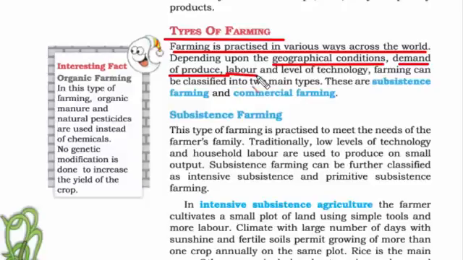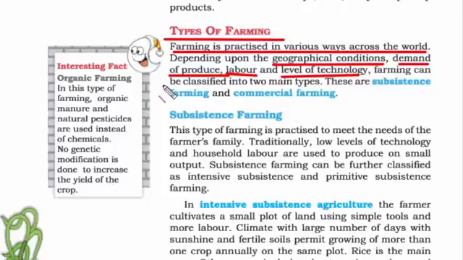When we say labor, we mean skilled labor, whether they can do a particular kind of farming or not, and whether they are expensive or not, because if labor is expensive, then you cannot hire more people. Finally, the level of technology we have. The more advanced technology you have, the easier it is to do farming or any kind of activity. You'll produce a large quantity in less time.